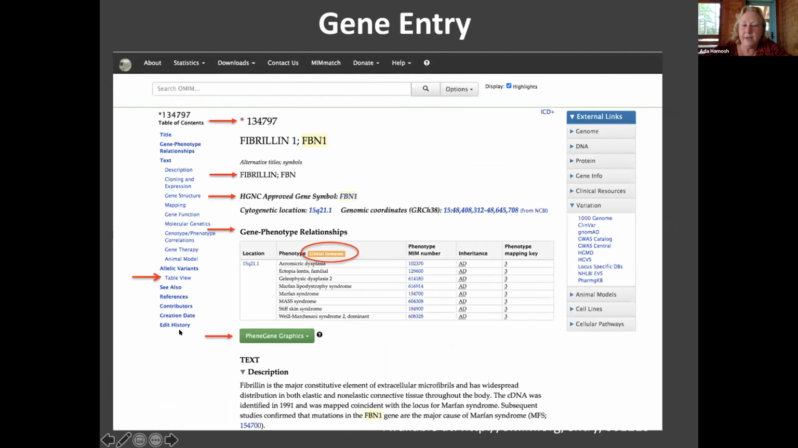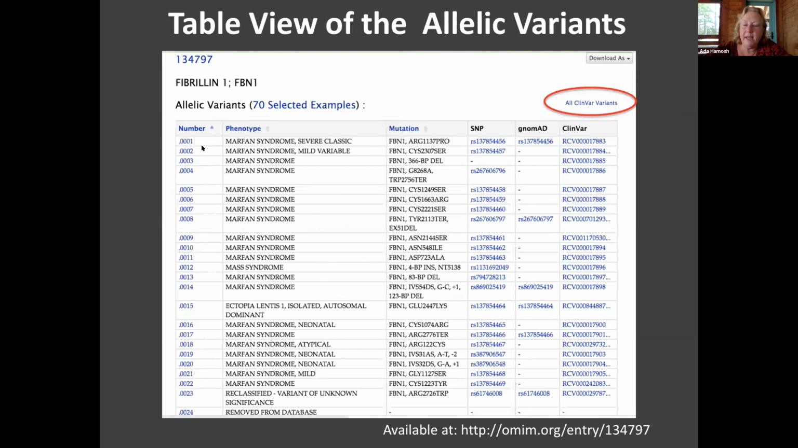Okay, all right, so now I'm back to FBN1. And the next thing I want to show you, I think, is the table view of the allelic variant. If you click here, you get the text of how we are describing that allelic variant. If you click here, you get the table view. And the table view shows you a few things. Number one, we have 70 examples. If you click this thing where it says selected examples, it explains how we select which ones we show. It shows you the MIM number, and you can sort these, by the way, the phenotype associated with that variant,